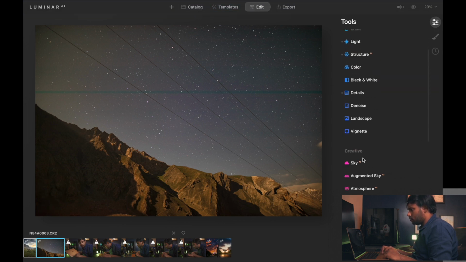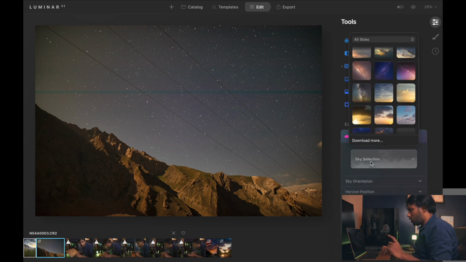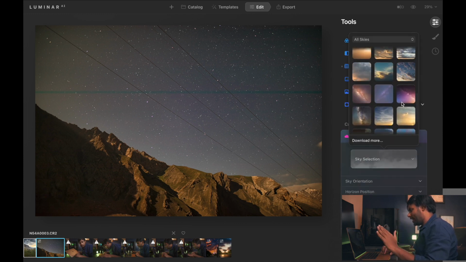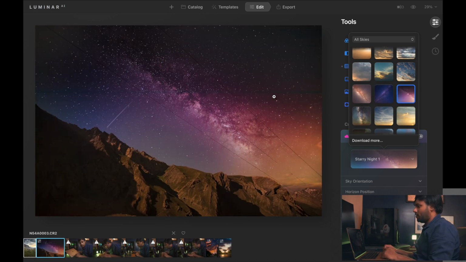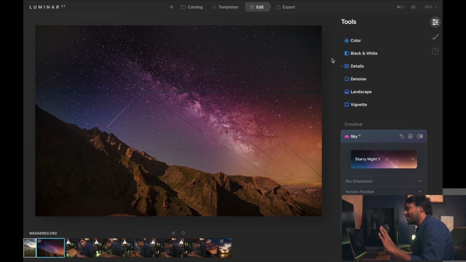Yeah, I think this looks good. And what I want to do is change this entire sky and put stars in the form of a galaxy. Tell me,